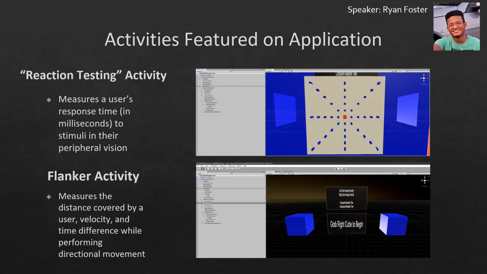Hi, this is Ryan Foster, and I'm going to quickly go over more details on the activities that were developed for our application. The first application is a reaction testing application that will function in a manner similar to the Dynavision and reaction training system by TRAZER. The app will virtually simulate a board with 40 different interactable buttons that will light up in a random sequence. The user will be prompted to touch these buttons with their hands as soon as they appear on the board,